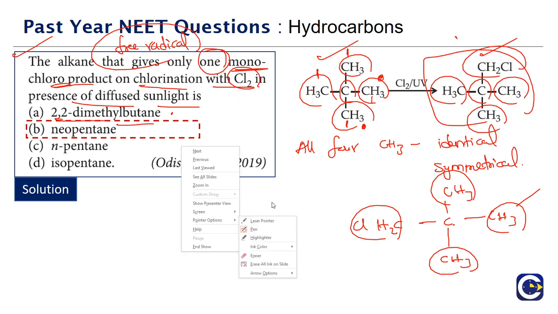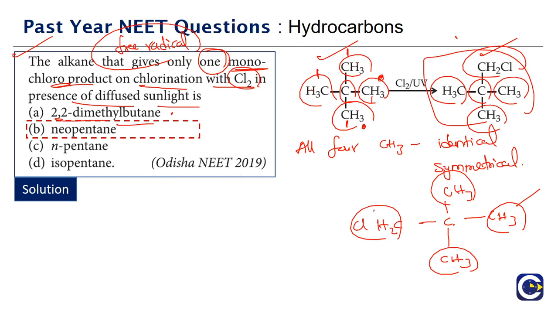In fact, when you are practicing questions on halogenation of alkanes, always keep a view on finding the number of monochlorination products, and maximum we can practice up to the number of dichlorination products, like replacement of 2 hydrogens with 2 chlorines. They can even ask questions on when it is undergoing substitution twice, what is the number of different products that can be formed. So the answer for this is what? Neopentane. Now let us also look at the other options.